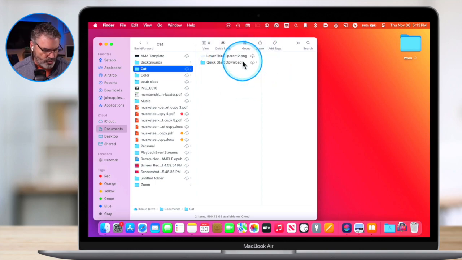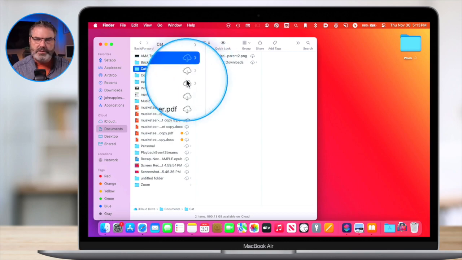Now this works great if your computer is on a network. If you take it to a coffee shop or whatever, because it can download as needed, upload, remove them as needed. Works great. It doesn't work so good if you are not on a network. Because if I was not on a network, I would not be able to download any of these because it has to grab them from iCloud. So that may be one reason why you don't want to use this. I would dare say probably, in my case, I think it's a great feature.